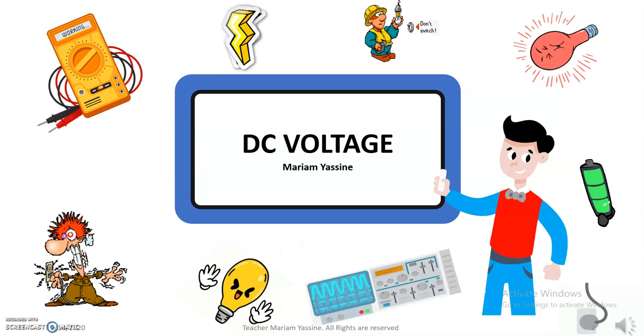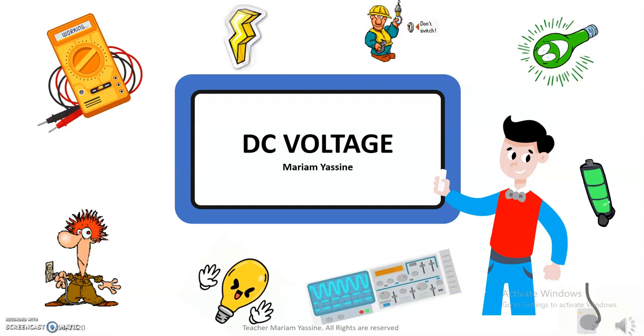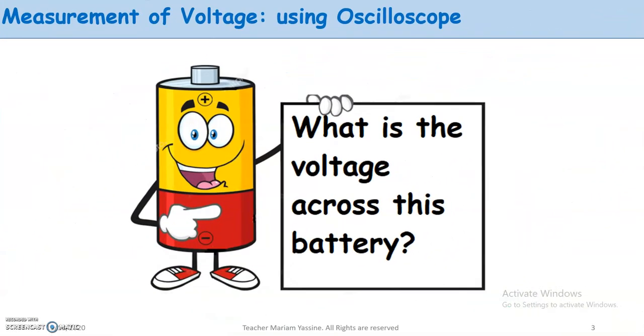Now we will start the last part in this chapter, the oscilloscope. What is an oscilloscope? How can I use an oscilloscope? What is the difference between an oscilloscope and other devices? First of all, if I want to measure the voltage across this battery or any other component, I can use a